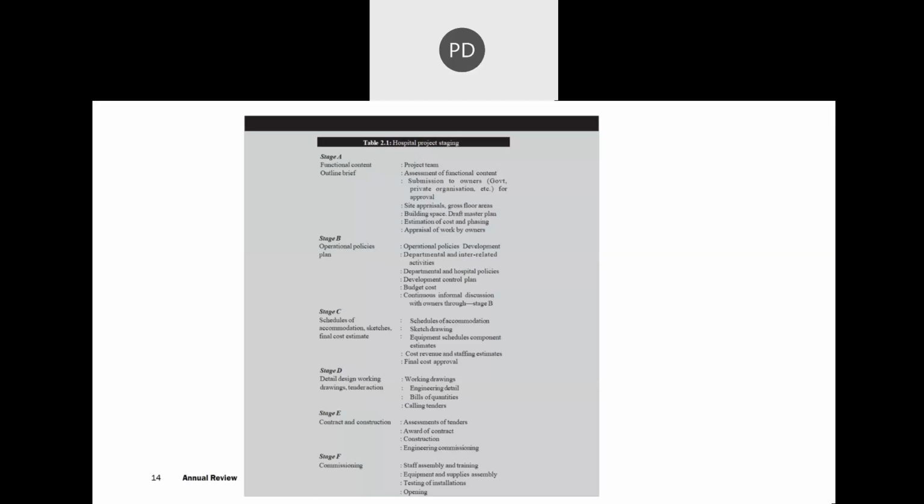You'll do the site selection and gross floor areas, building space you will see, you'll also draft a master plan, estimation of cost you'll be doing, and phasing, in which phase how much you will be spending, basically the forecasting you will be doing, and appraisal for the work by owners also has to be done. Next is the operational policies plan, that would come in Stage B. In Stage B you have to do operational policies development, departmental and interrelated activities, departmental and hospital policies, development control plan,